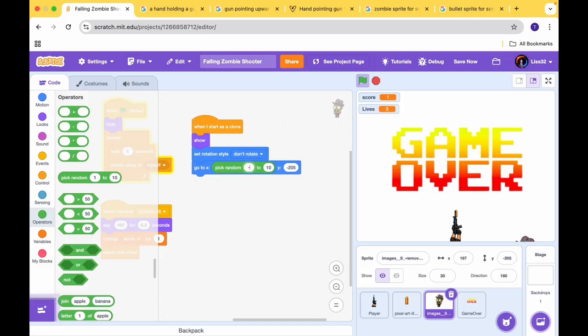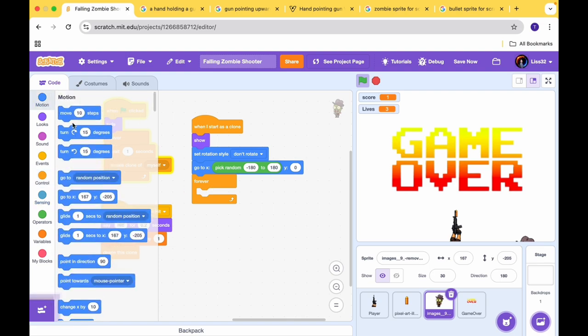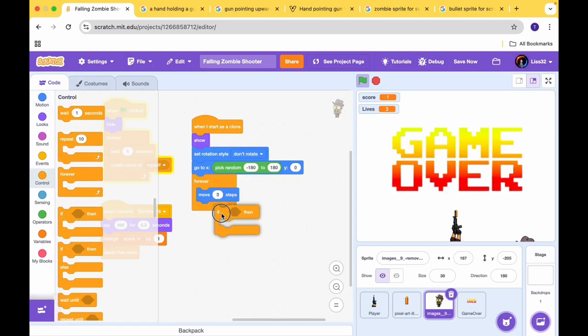So it's going to be negative 180 because we're just using it not coming from the bottom part but from the topmost part, and our Y values should be set to 0. Then we'll go to the forever block again to choose our loop. We'll add some movements. We'll just add 3 steps so the zombie will come forward, and we'll insert for